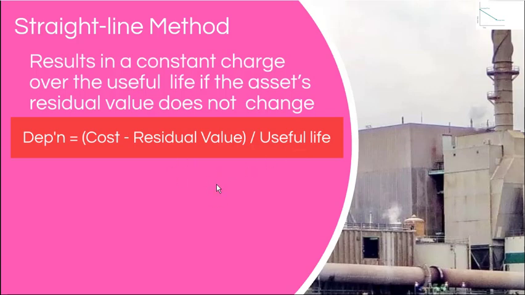If you want, you can compute the depreciation rate on the straight line method. You can simply compute depreciation rate by dividing 100 by the useful life. Let's say useful life is 2 years, 100 divided by 2, annual depreciation rate is 50%. The useful life is 4, you can divide 100 by 4, then annual depreciation is 25%. 5 years, divide 100 by 5 years, then annual depreciation is 20%. So if you want, you can divide depreciable amount by the useful life or depreciable amount multiplied by the depreciation rate.